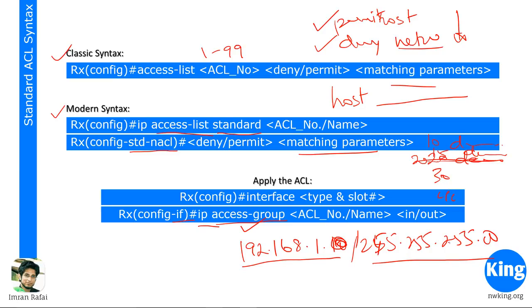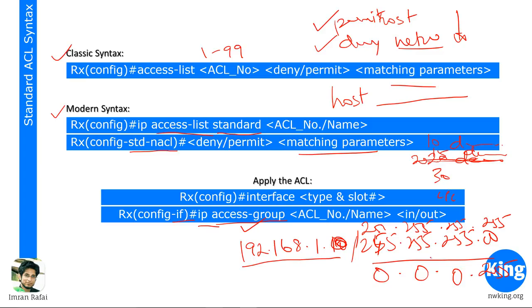So you're going to put the network ID and the wildcard mask. So how do I get the wildcard mask for a specific subnet? You say 255.255.255.255, all 255. From that, minus your subnet mask. So 255.255.255.255 minus the mask: this is 0, this is 0, this is 0, and this is 255, right? So the wildcard mask that you're going to apply for this access list is, so you're going to put IP access list or whatever you're using. In the matching parameters, you're going to put deny